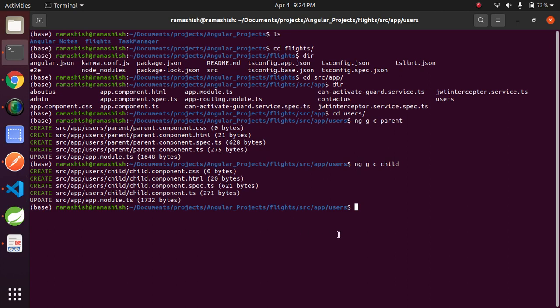Let's execute the application. ng serve. Application compiling.